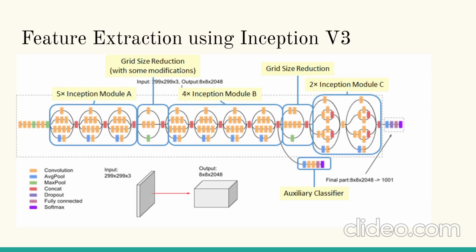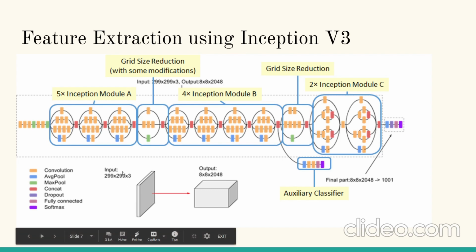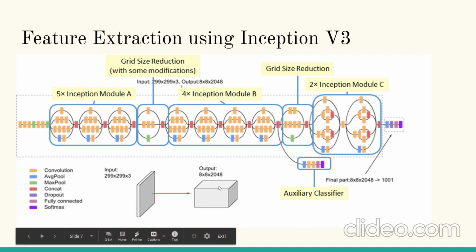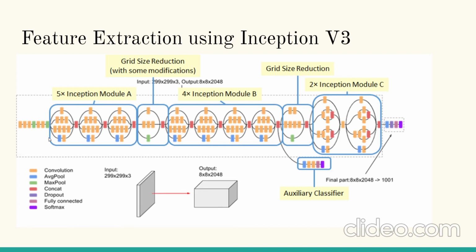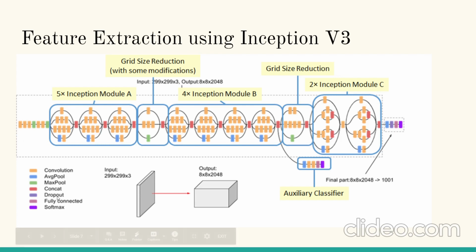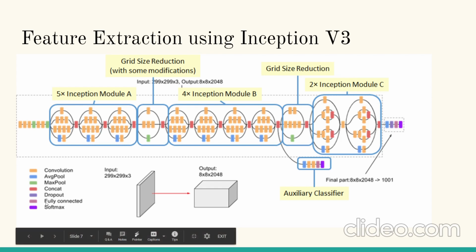We will be performing our feature extraction using Inception V3, which is a pre-trained model released by Google in 2015. This is the architecture of Inception V3, where we can see that the input image size is 299 by 299 by 3, and this is the output, which is flattened. Here we can see that there are different layers provided in different colors, and finally we are getting a classifier. These several layers involve convolution, average pool, max pool, concat, dropout, and fully connected. Dropout is used in order to decrease the overfitting present in the network, which can help us to predict better on the test set. And these are the layers which were discussed in the previous slides.